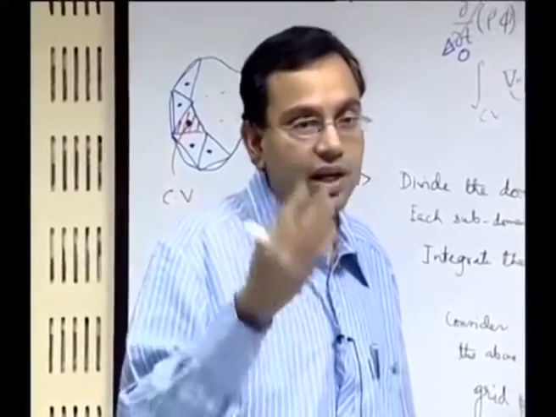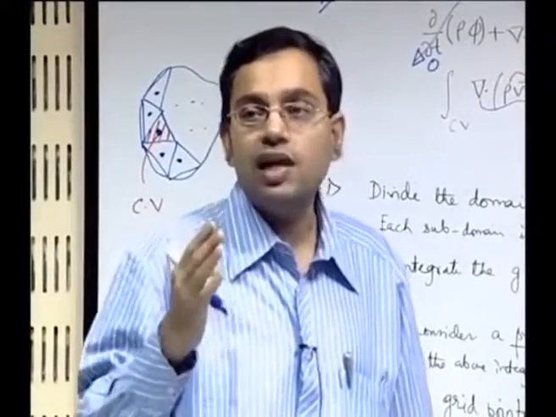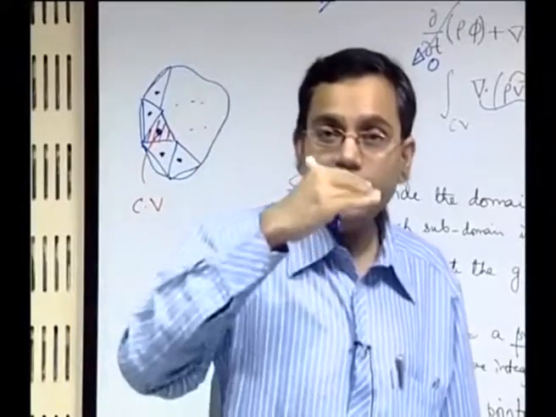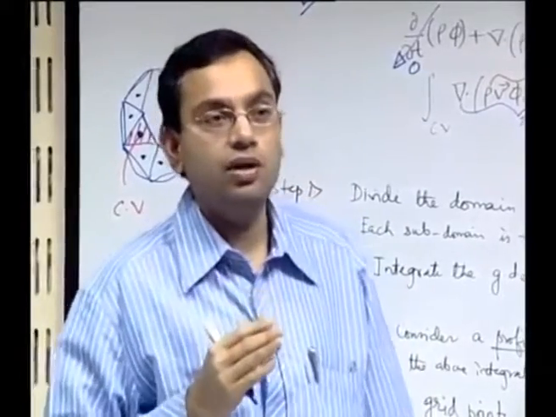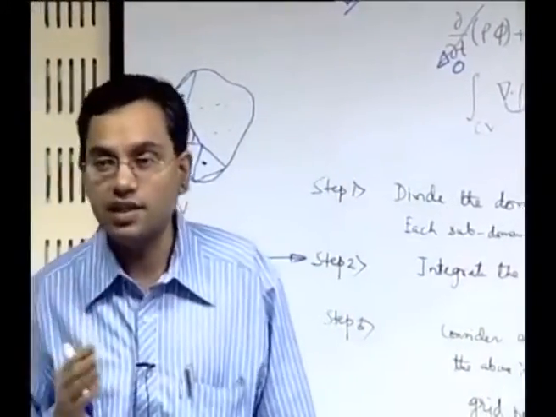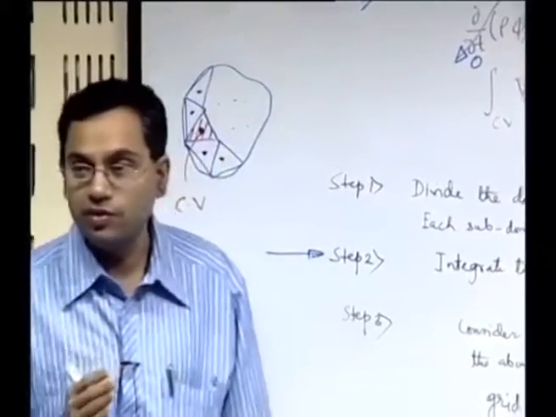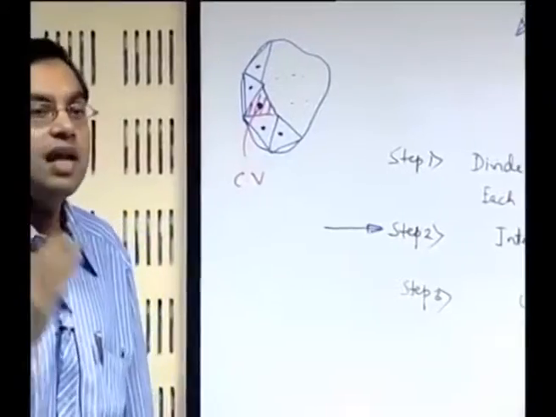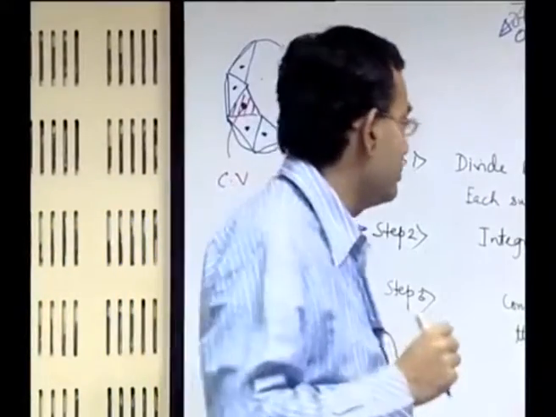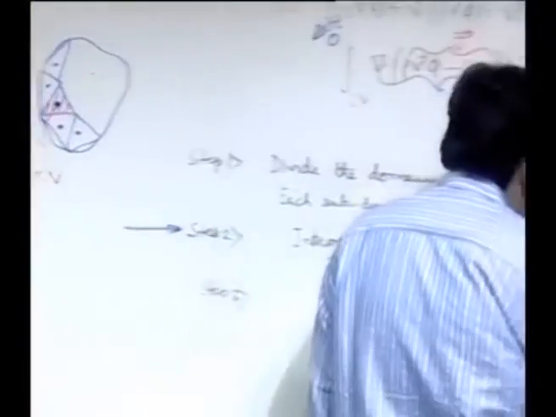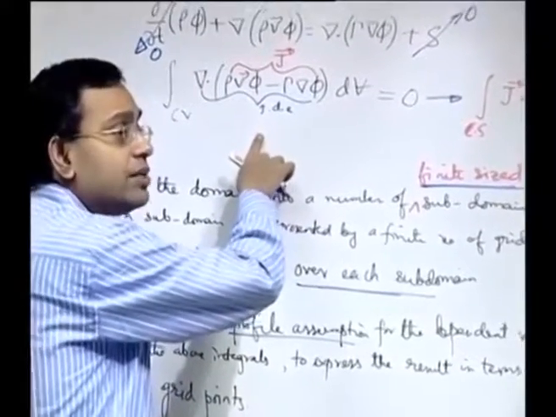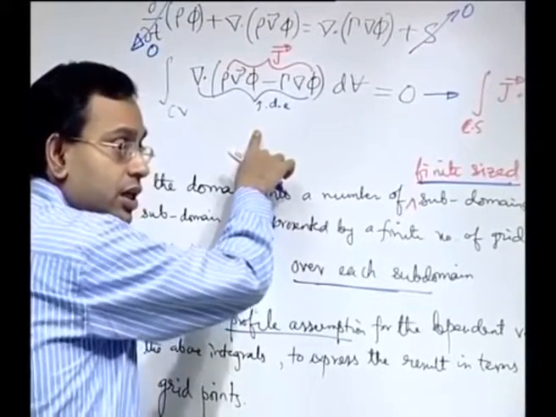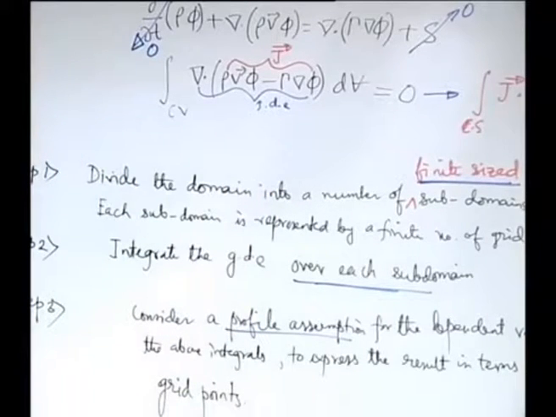So it is not exactly the same point where we are coming back. We started with a control volume of differentially small size to derive the differential equation, but we are integrating the differential equation back on a control volume which is no more that same differentially small control volume. It is a control volume of finite size, and that is why the name finite volume method. So it is based on finite sized control volumes, that is why the name. So this is the key step. Now can you find any similarity of this step with the finite elements method? If you consider the finite elements method, there is a similarity with this key step. What is that?